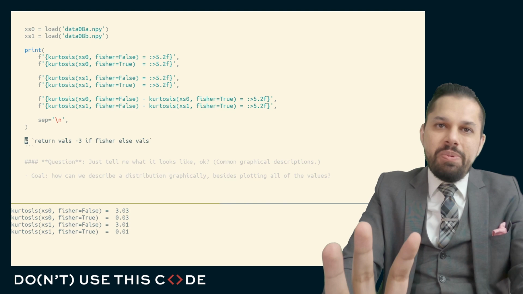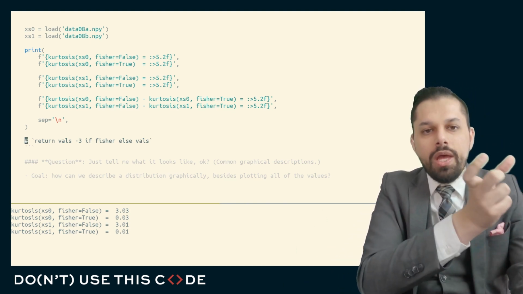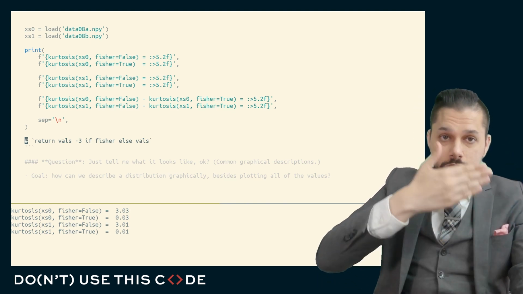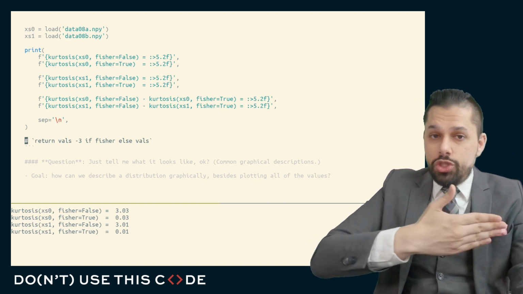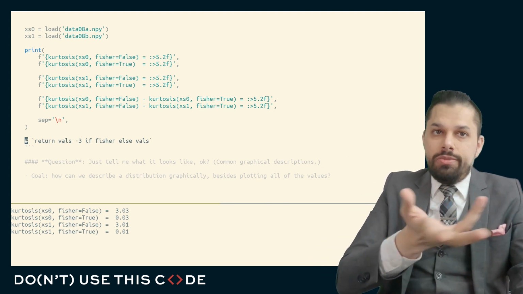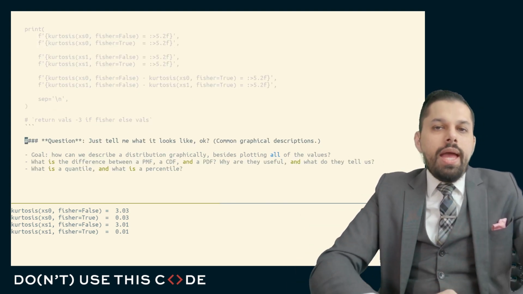All the difference is, when we talk about the Fisher kurtosis or the Pearson kurtosis, or we set this Fisher equals true or false, is really for a particular given distribution, namely the normal distribution, should the kurtosis be 0 or should it be 3? It's just an additive factor. It really is just you add 3 or you subtract 3. That's the only difference. Having said that,